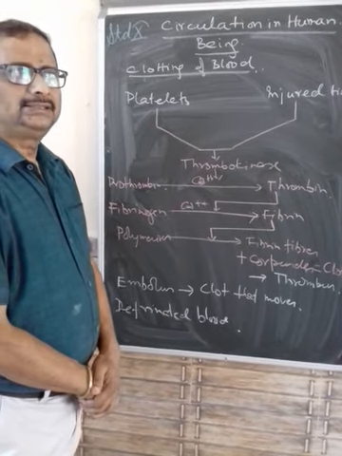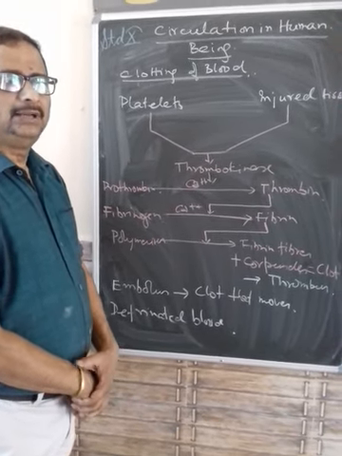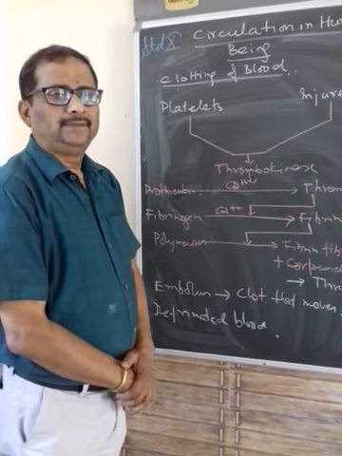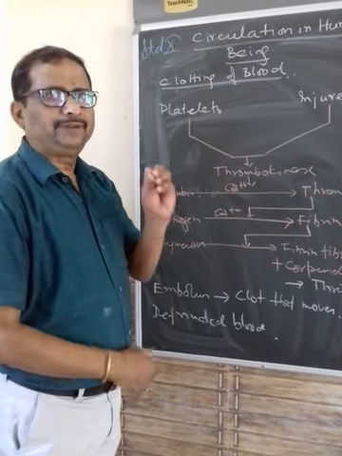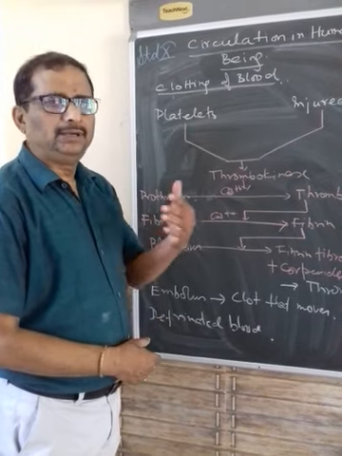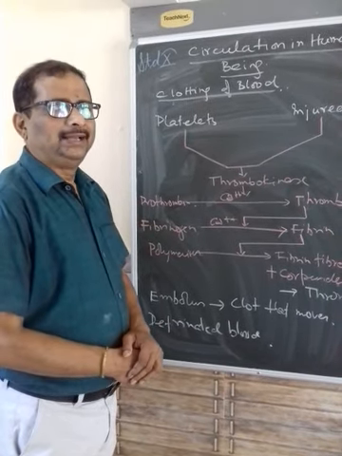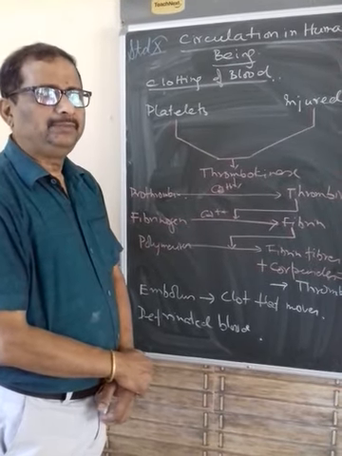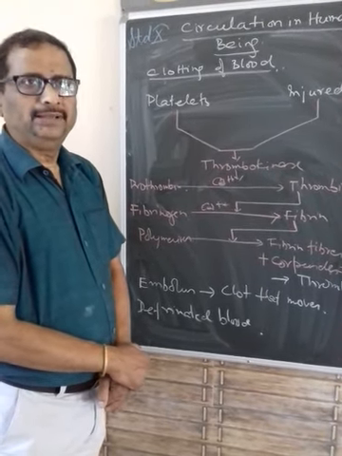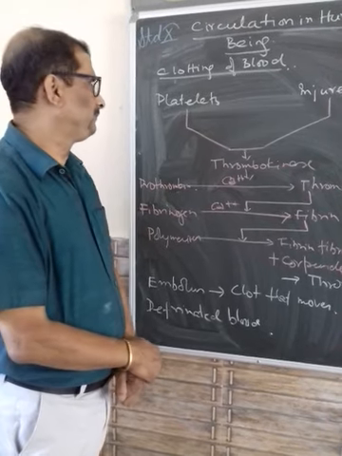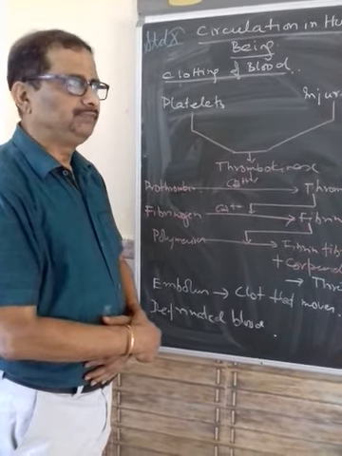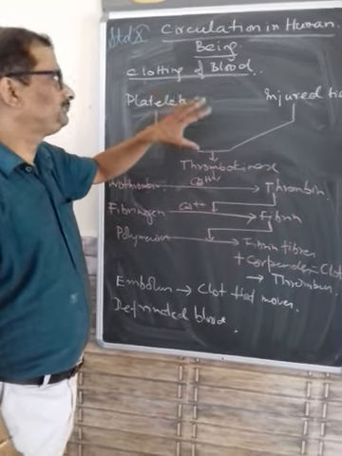Now clotting is a very important process in blood because the blood flows through definite vessels in the closed circulatory system, and if anywhere it is punctured, then the blood leaks out from the blood vessel. If there is no stoppage of the blood, then the whole blood may leak out through some major injury of major blood vessels. Now there is a very unique process in clotting.